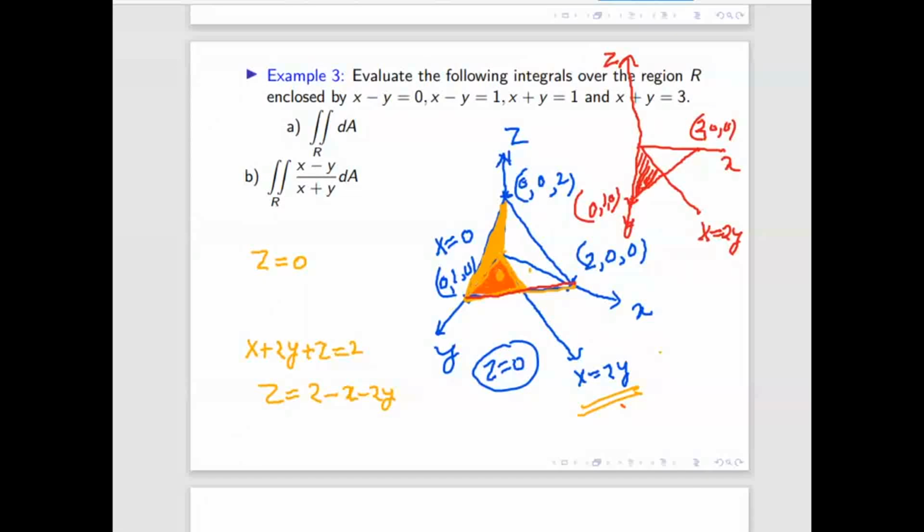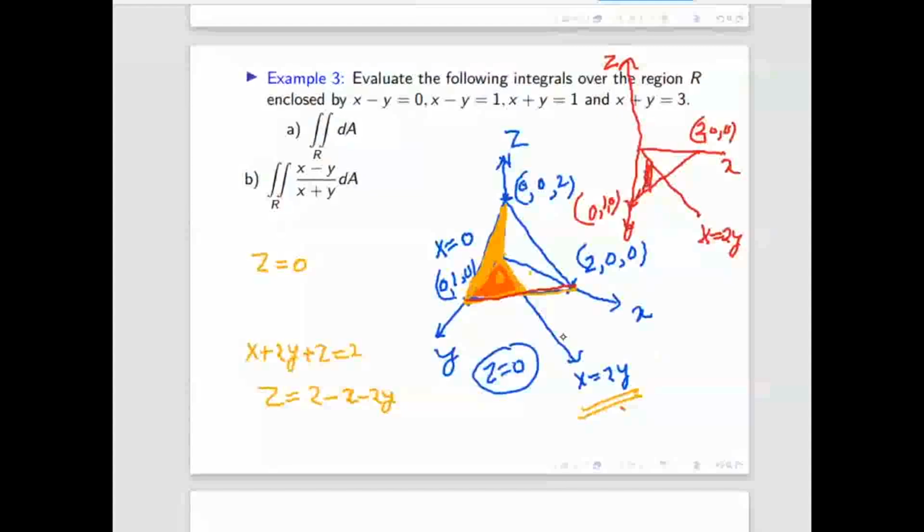So now in the xy plane, you want to take a strip parallel to the x-axis or parallel to the y-axis. Based on that, the limit will come. So tell me which one you want, parallel to the x-axis or parallel to the y-axis? Parallel to y. Yes, if you take parallel to y, it is easy. If you take parallel to the x-axis, then you have to break this region into 2 parts. That we will see later.